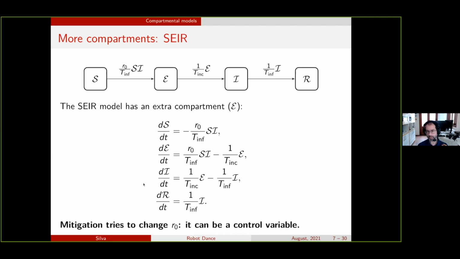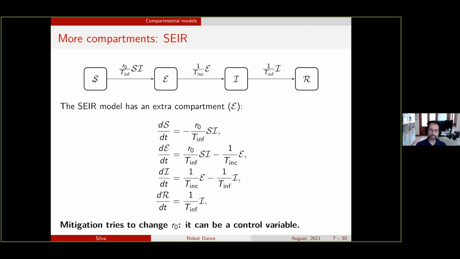Similarly, if you had good medicine for the disease, we would act upon those times, the time of incubation and the time of infection, because it would make people recover faster if you had a medicine that would make the person get well very fast. So since we don't have good medicine for COVID-19, our natural candidate for control variable is the R0, which will become an R that depends on time, and we can decide at each moment of time how the population will behave in such a way that will drive the R0 down, we will make it lower, okay?